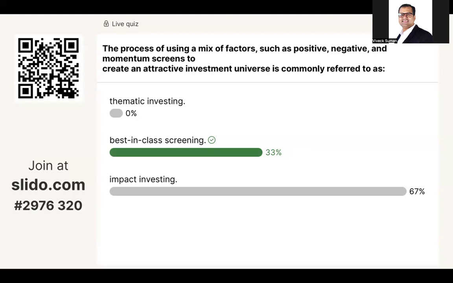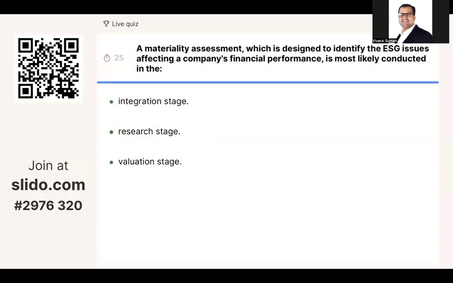You can also use negative, saying which company does a lot of pollution. So you'll find 20 companies which do a lot of pollution and you will invest in those companies and change them. Like an active investor, go there, engage them, engagement and stewardship, and change them. That also is impact investing. But when you mix it, you want to create best in class. Clear? Thematic also is similar, negative, positive. You can have one theme and you can invest.